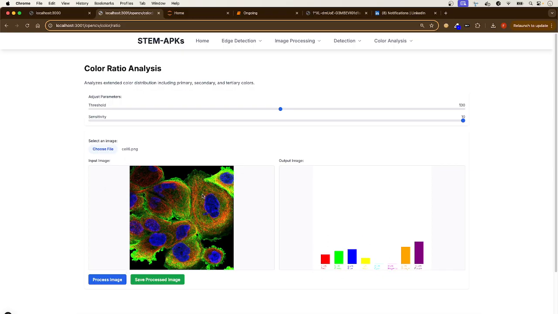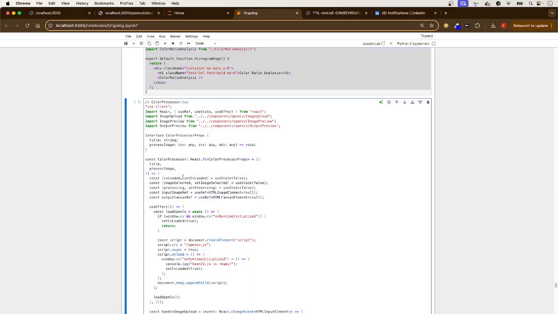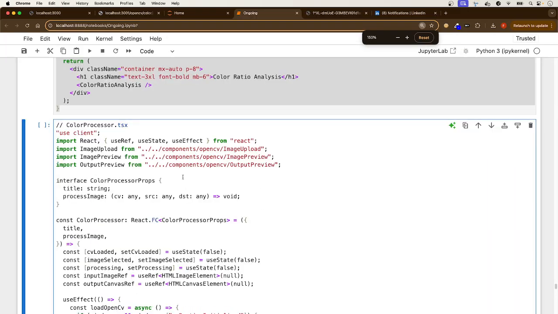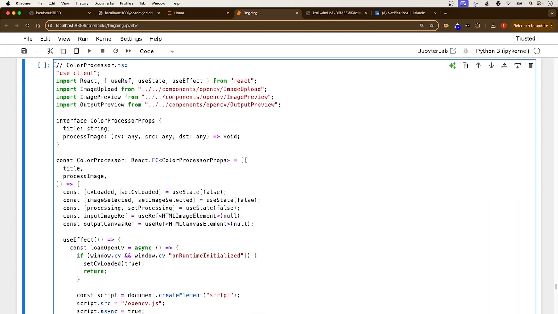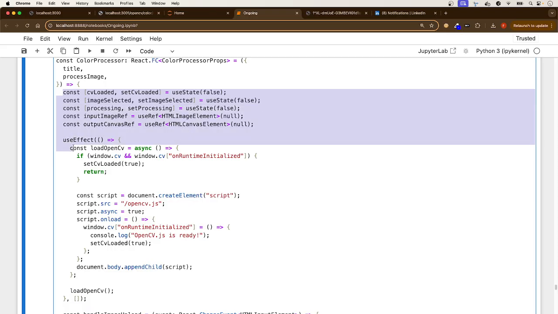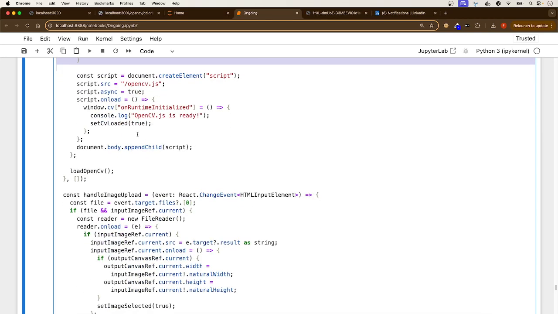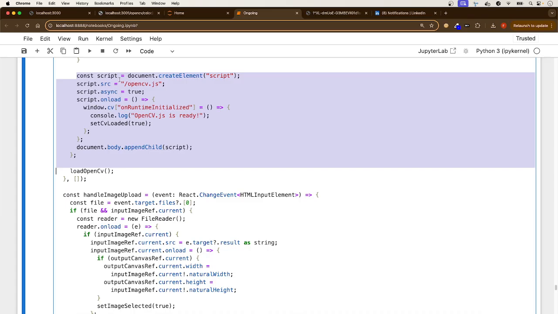So it gives you all the color components. And the file itself is very, very similar to the ones that we've seen. And let's increase it here. It's the same thing. We're just using the same image upload, image preview, output preview, same logic that we've seen many times, state management, same thing that we've been doing all along, initializing to make sure it's ready, the script, OpenJS,